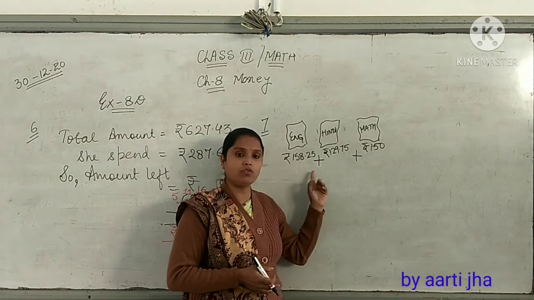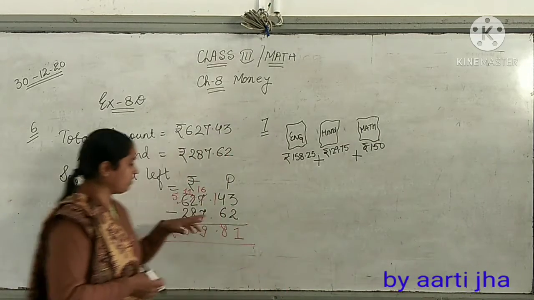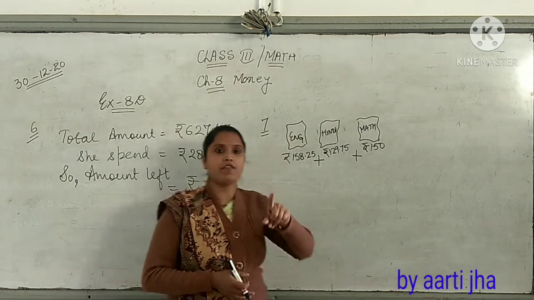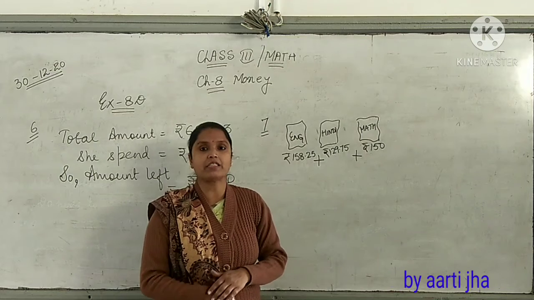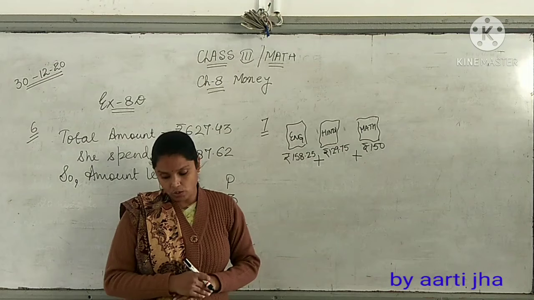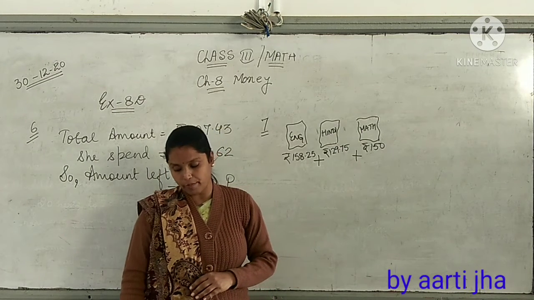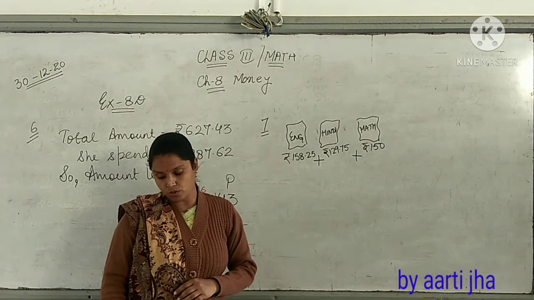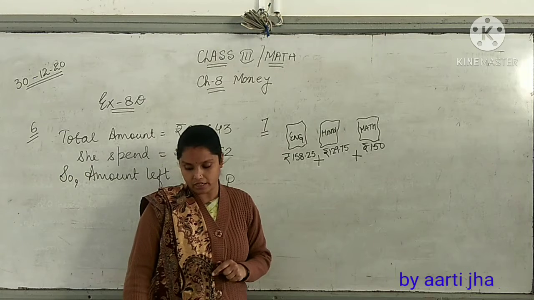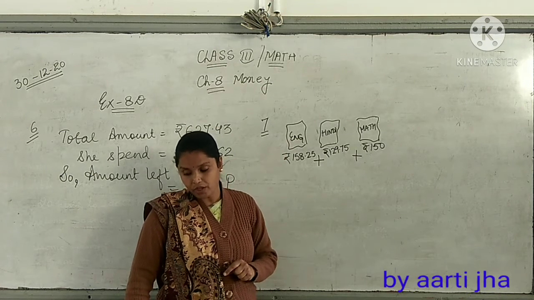And for that you will write the statements and then solve in the same way as I did here. So this question is for you to practice in your math notebook on your own. Same, you have question number 8. Sunil bought postage stamps from the post office for this much rupees. He gave this much to the person sitting at the counter. How much more money does he have to give?